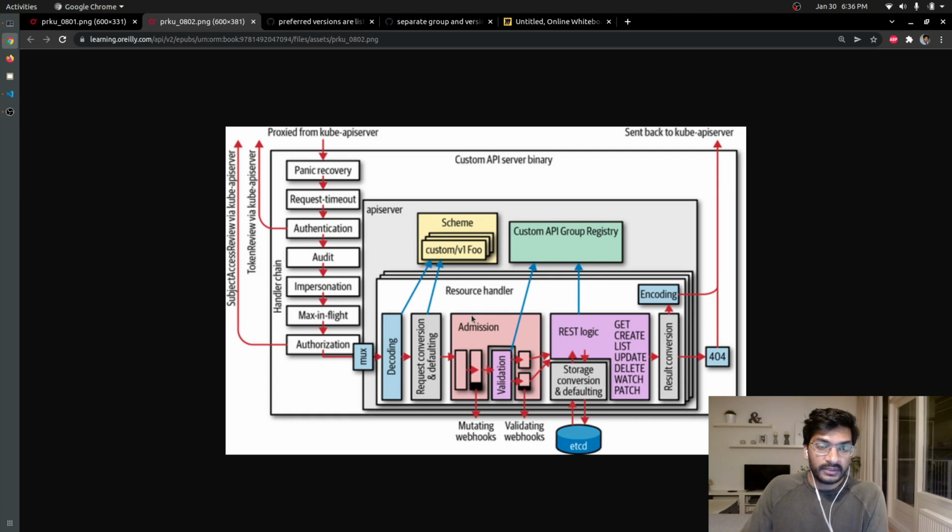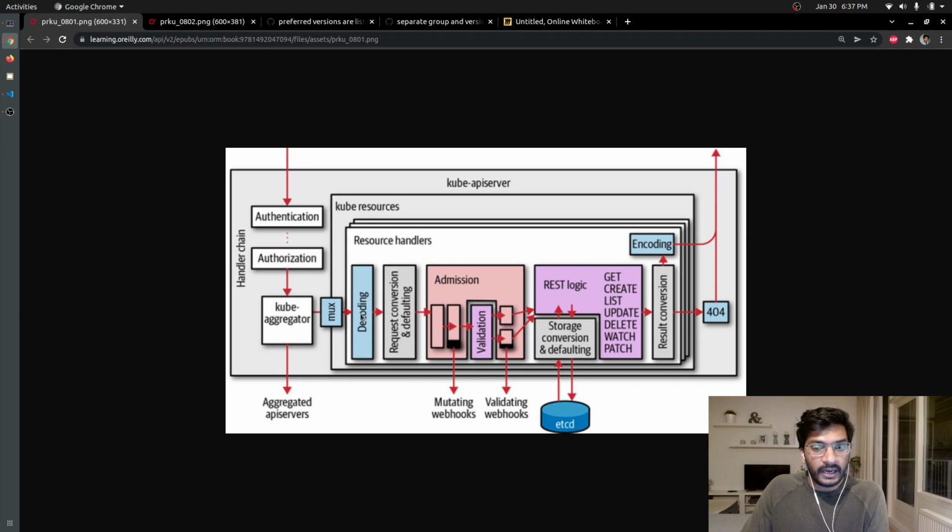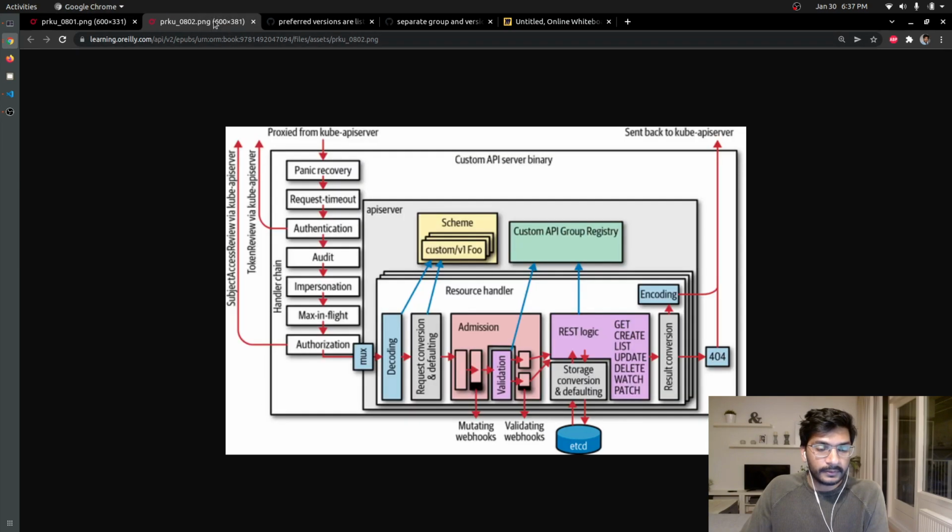So this aggregated API server looks very similar to the main API server here. There are just some differences. One is that this aggregated API server wouldn't have any Kube aggregator, if you see here. We don't have any Kube aggregator, because it is actually the aggregated API server, and Kube aggregator is part of the main API server. And the other thing is,